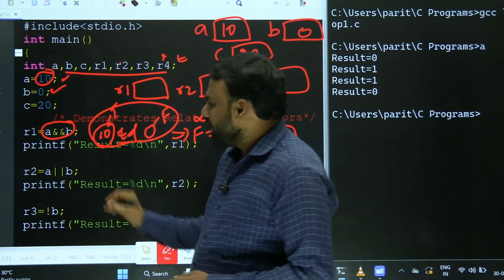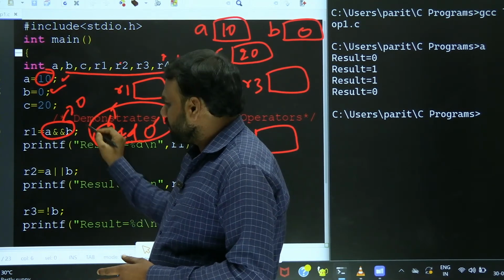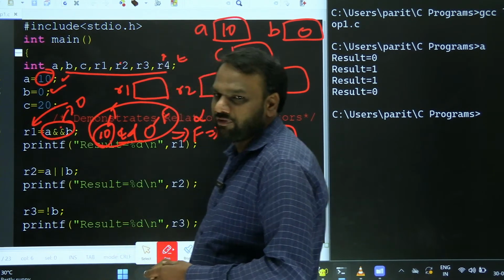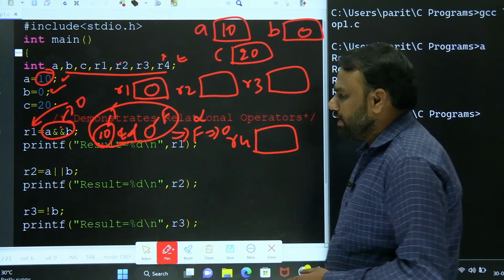So here this A and B will be replaced by 0. The value of this expression will be 0. So where will this 0 be stored? It will be stored in R1. So 0 will come and it will sit here, R1. Next,